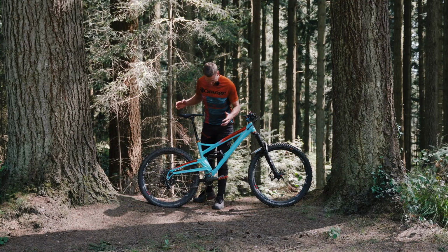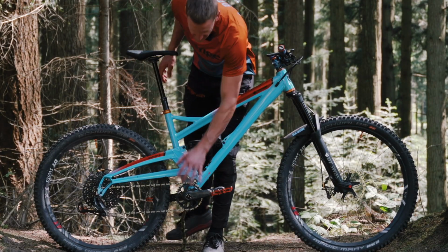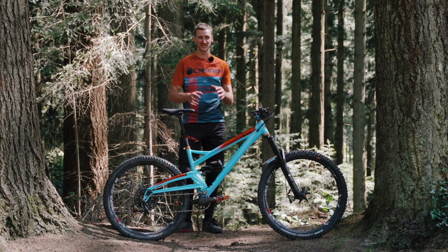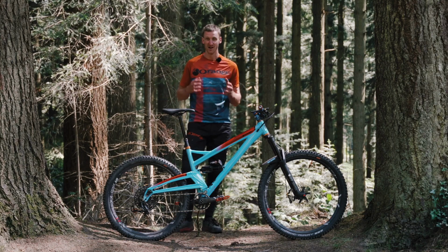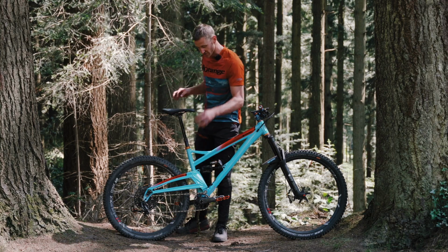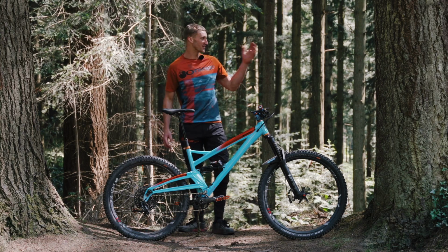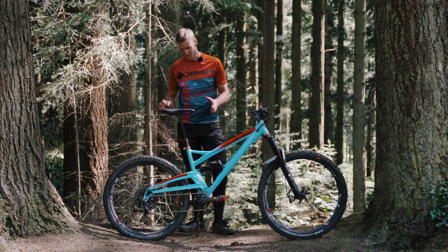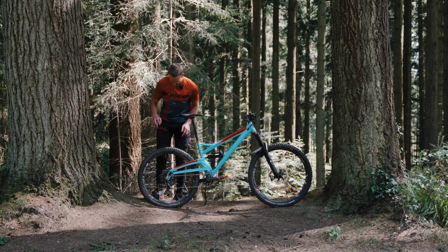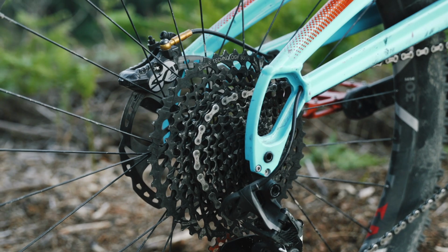Drivetrain wise, it's nice and simple. I've got a Truvativ Descendant carbon crank with a 34 tooth chainring. Now this obviously changes every race that we go to. I'm often changing it and putting on a 7-speed downhill setup with a 36 tooth chainring at the front. But for today and for the trails that we're riding, this is spot on. Coming back to the end of the drivetrain, it's nice and simple, nice and reliable, a SRAM EXO 12-speed Eagle